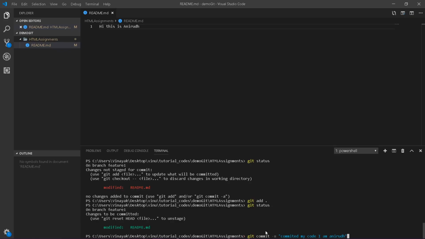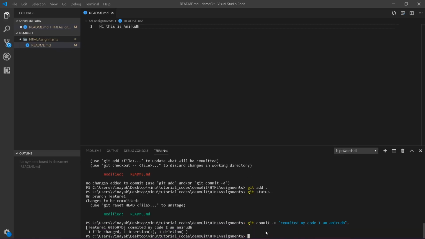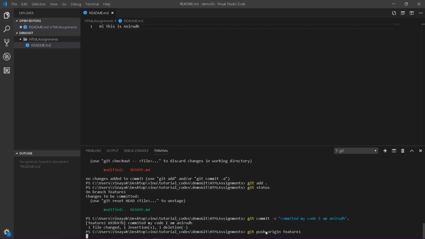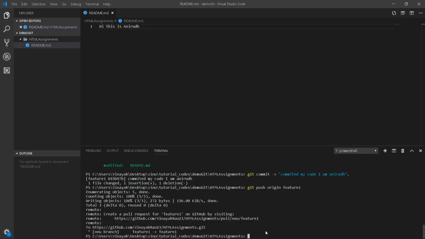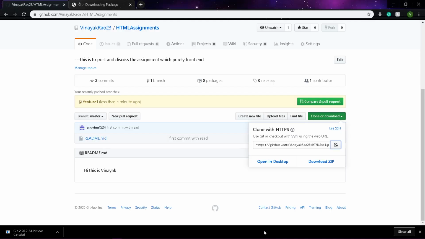Once the code is properly committed, I can run git push origin and mention my branch name, feature one. So I'll be creating the branch and pushing the code to that branch. It is not going to harm my code because my code is there in the master branch.